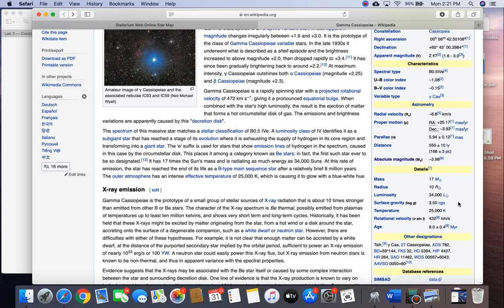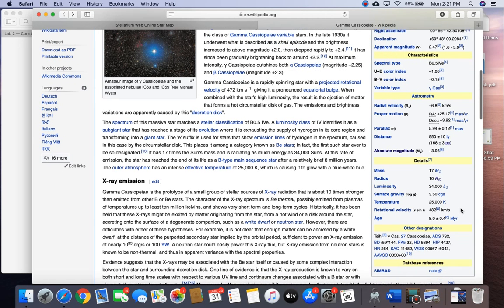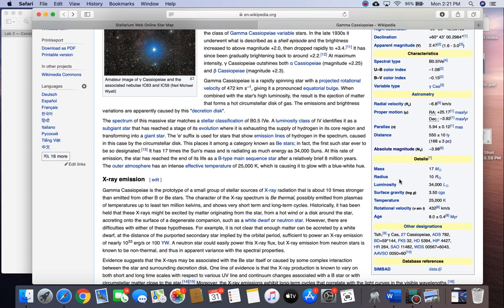Does that mean that it appears 34,000 times brighter than the sun in the sky to us? Of course not, right? It would blind us. But that's its actual luminosity. The units there would be watts. It's actually power, or joules per second. But it's relative luminosity because it's measured relative to the sun. Just a different unit. But what about its brightness? Well, we saw that before, and we go down here and we have